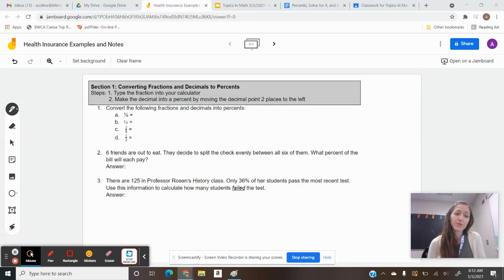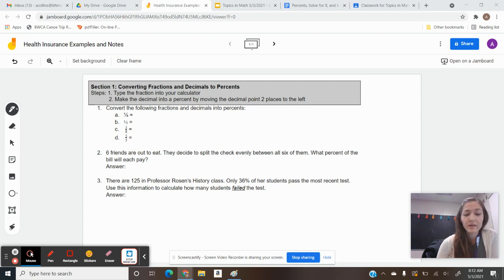Hey guys, so today we are going to start a new assignment that revolves around calculating the cost of health insurance. In order to do that, we're going to do a little bit of work on converting fractions into percents and applying that to some real life scenarios. Okay, so section 1,